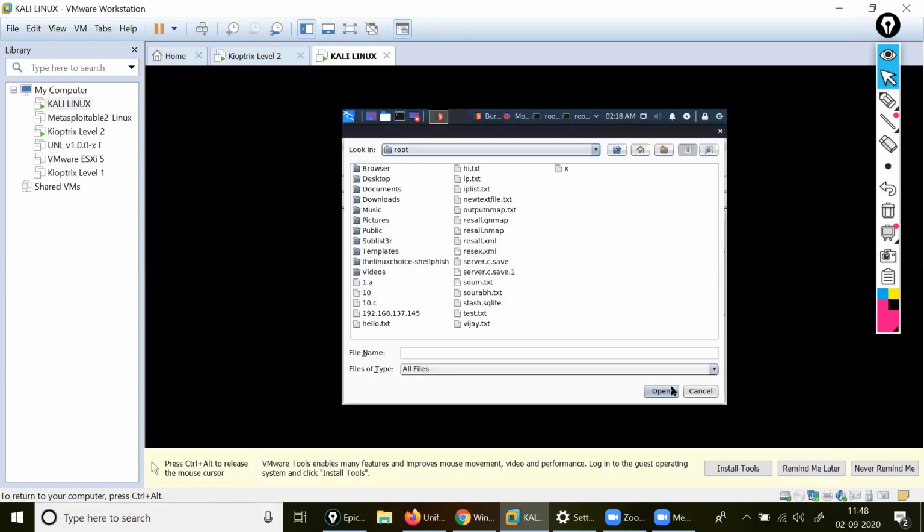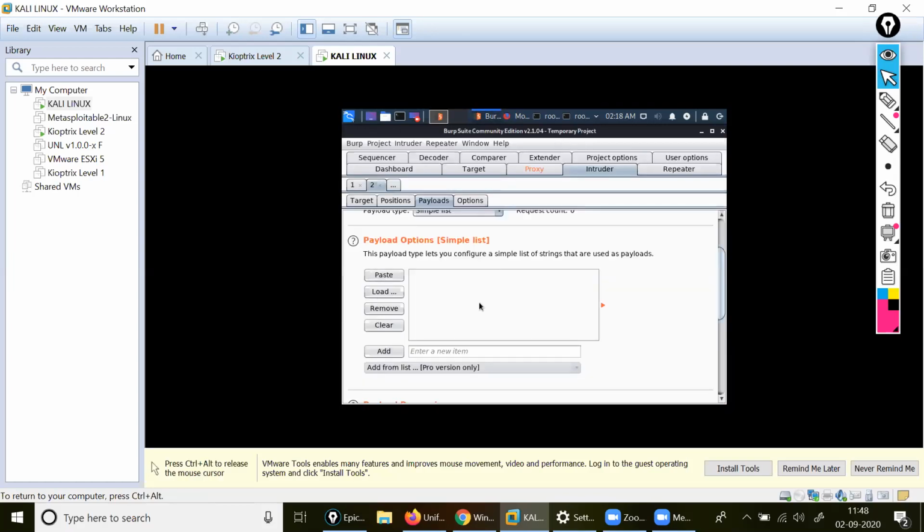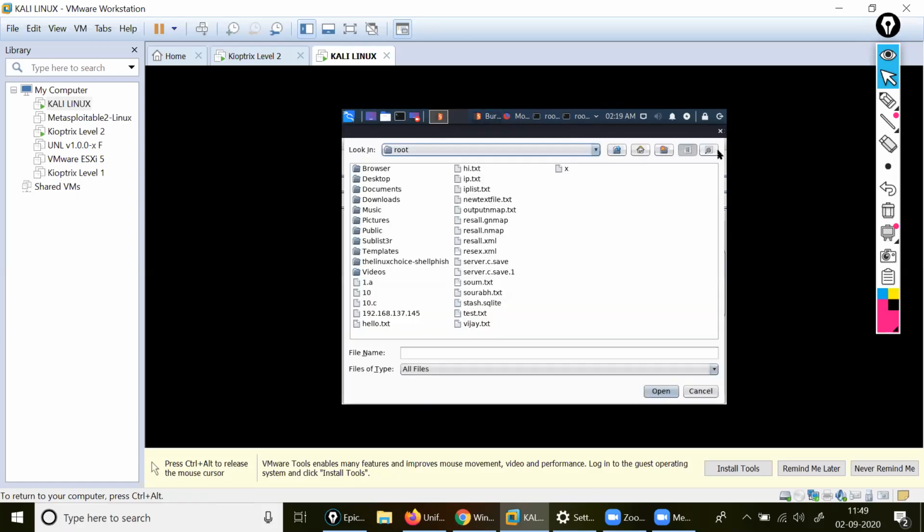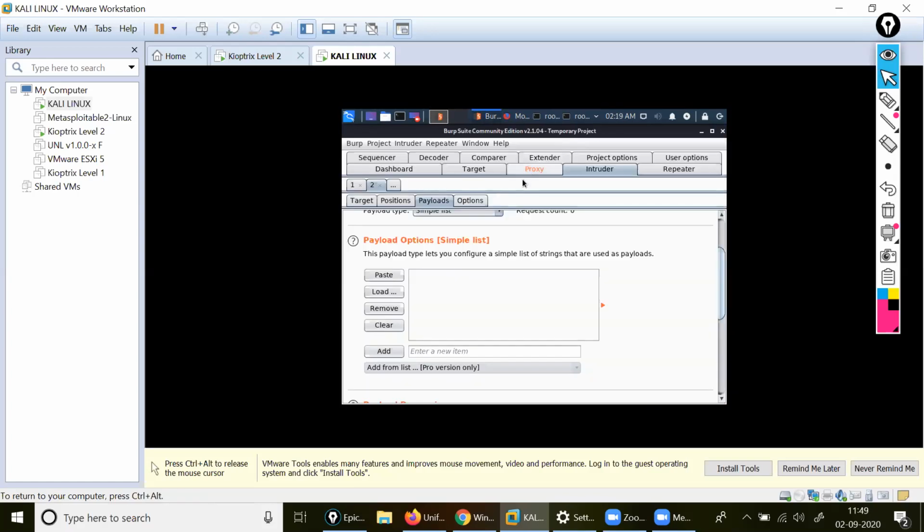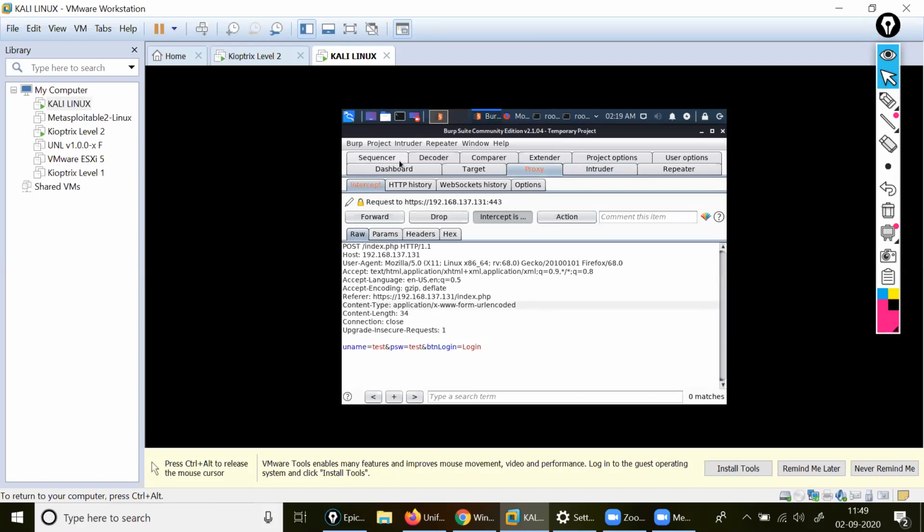Cancel. Are you getting the paste option here? I'm not doing it, I'm just watching for you first. Okay, just a minute then. I'm updating my file actually. Okay, we will come on the payload. Inside the payload, if I load, it should be loading here. Paste. It's not pasting. If it will paste, then after. Just a minute.